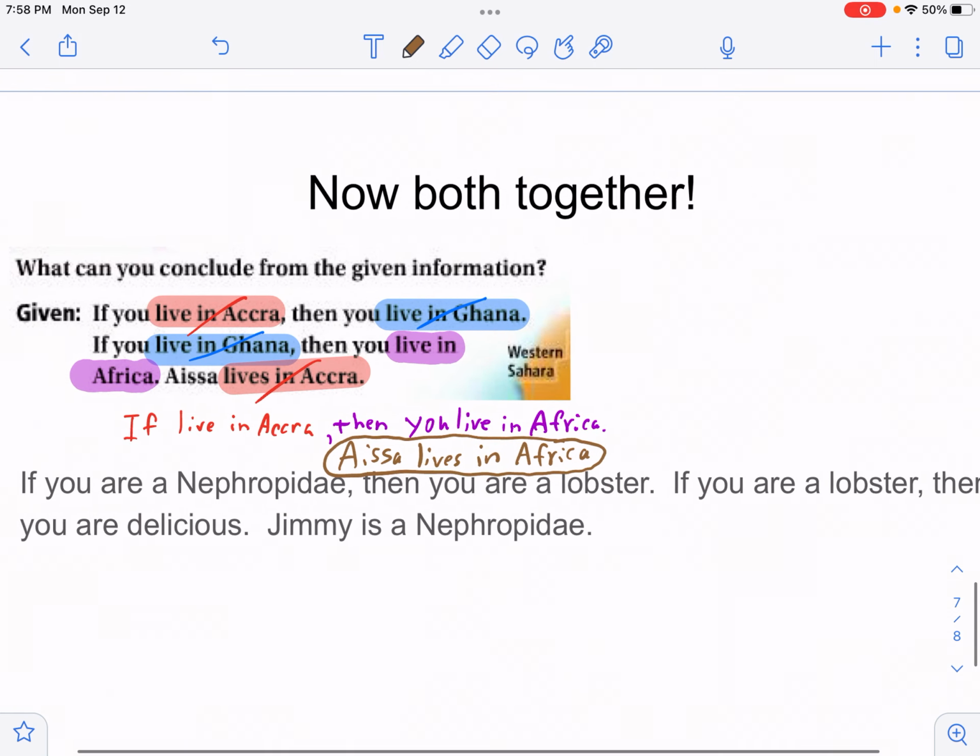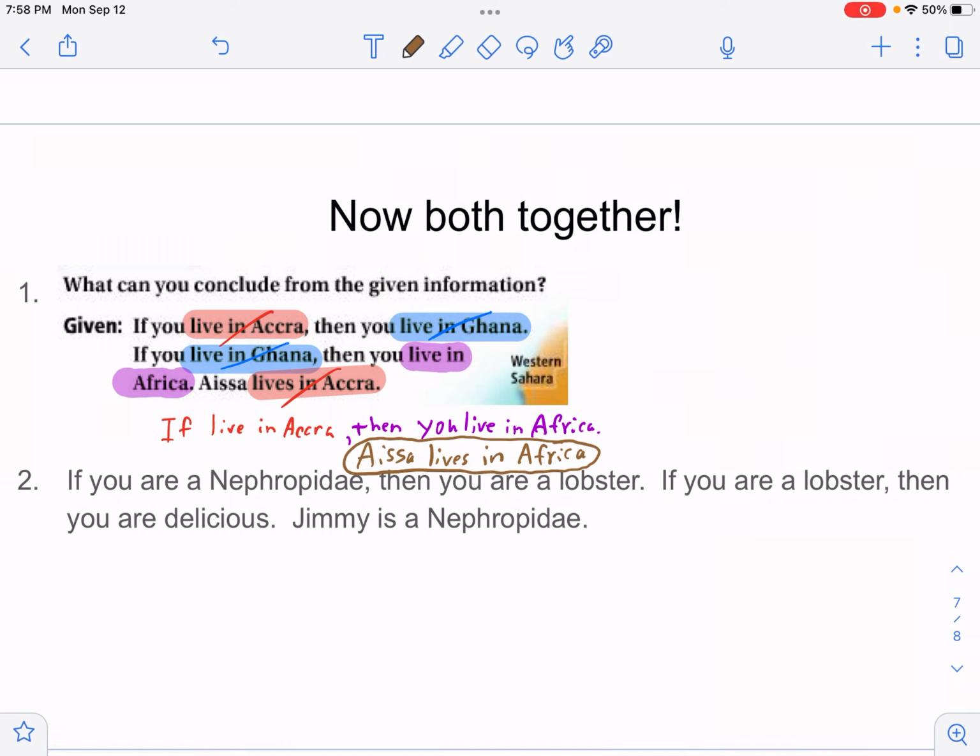So based on that, try number 2 here, which is about Jimmy the Lobster. Did you say that Jimmy is delicious? I hope so, because that's right, even though it sounds very silly. And I think you're ready to start the homework. So I'll see you